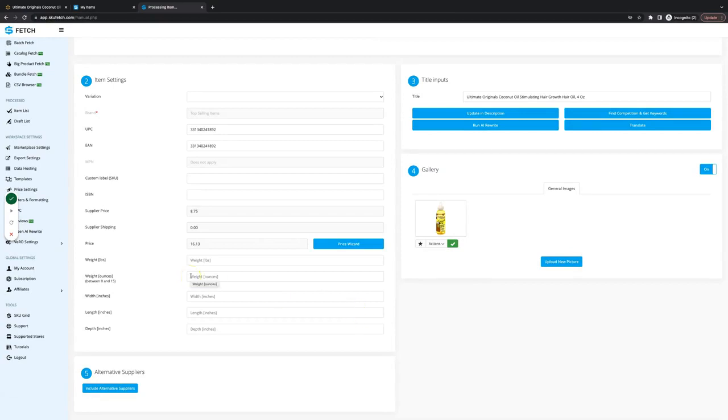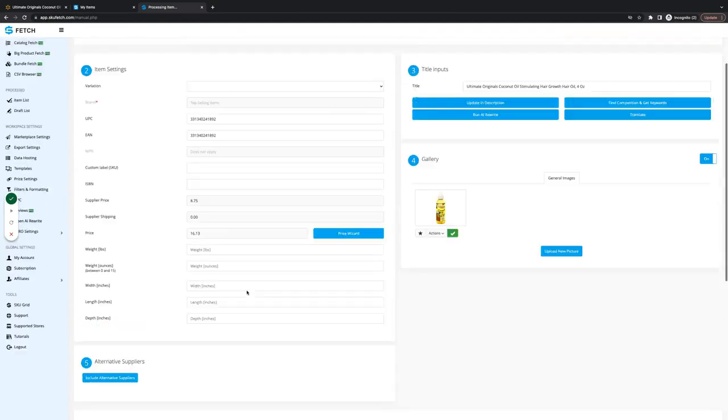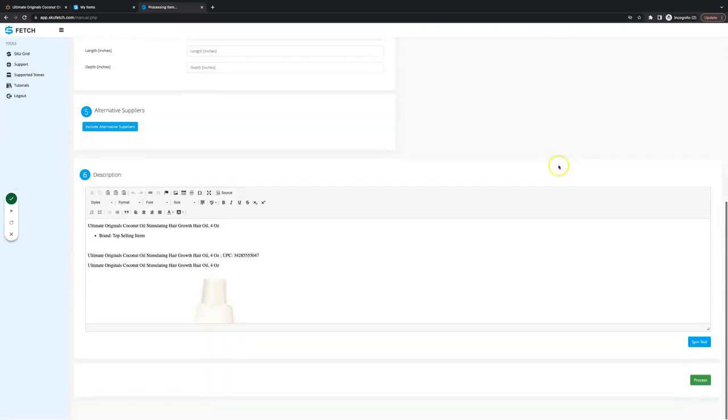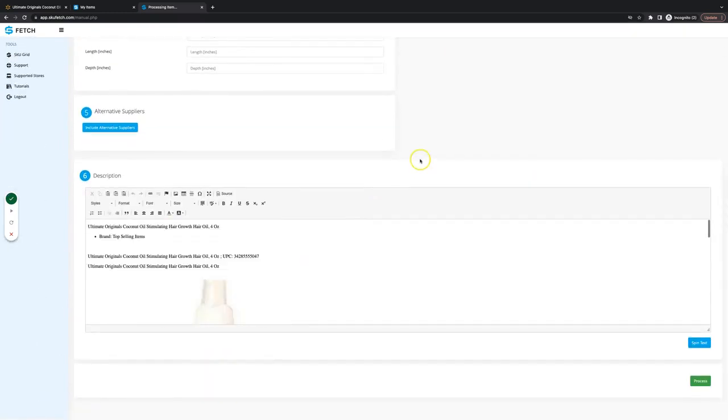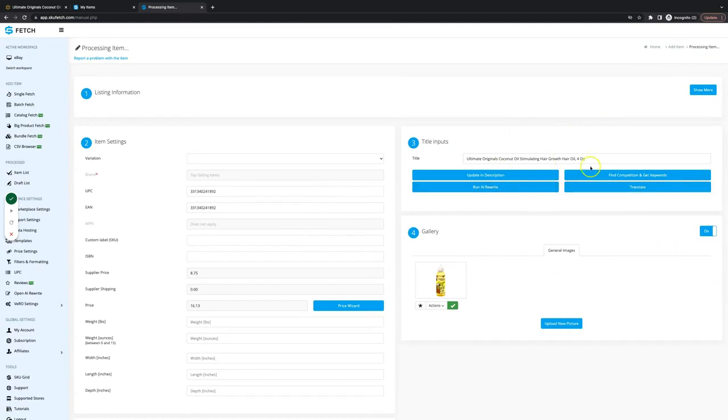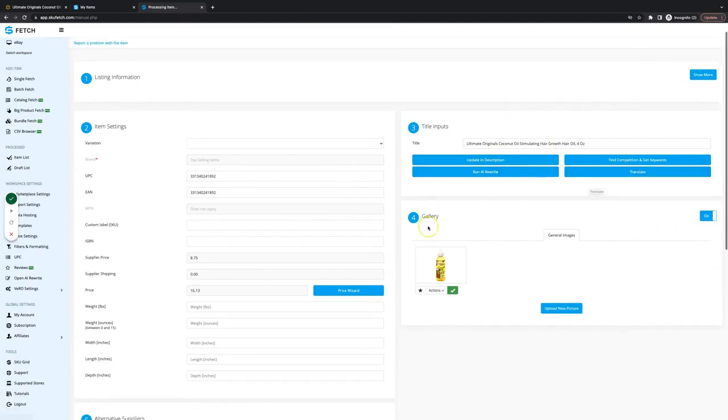So everything looks fine. We will not do any advanced actions like AI rewrite or translations. But if you want, especially with such items that don't have a good description, you can do AI rewrite and so on.